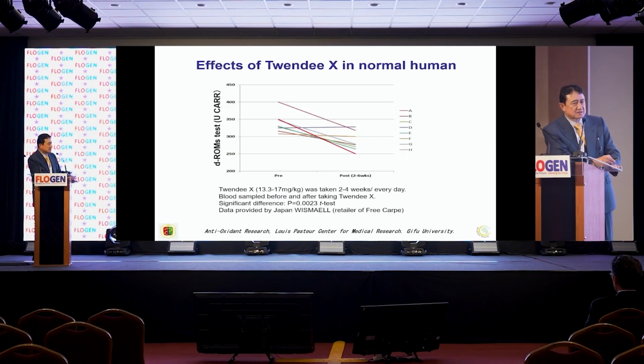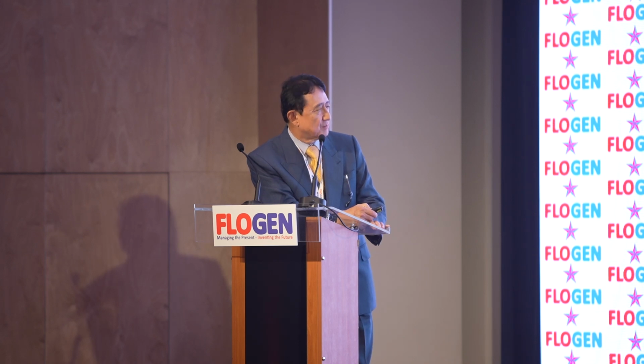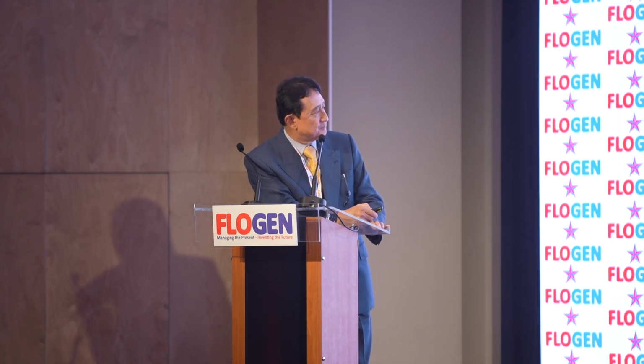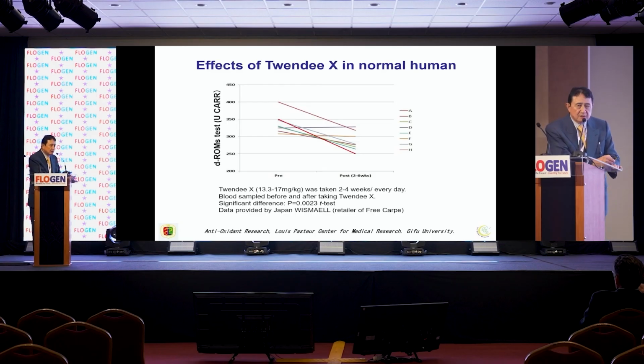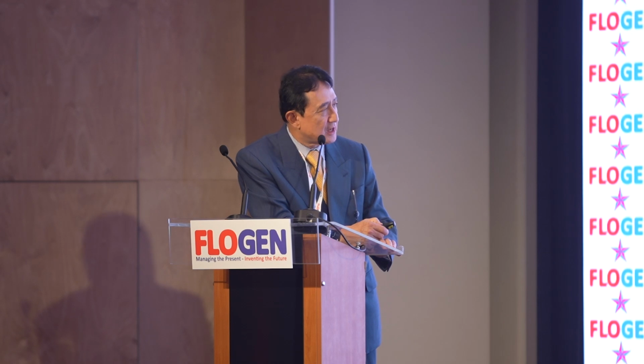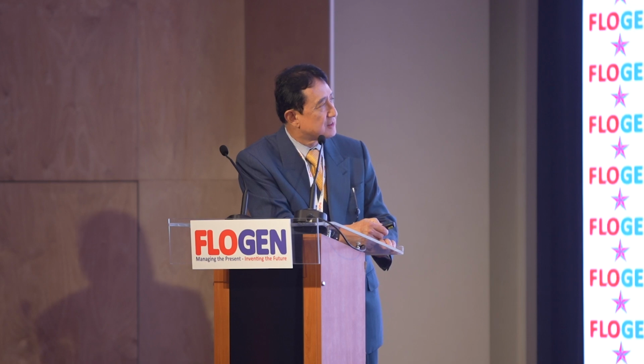And this slide showed that blood level hydrogen peroxide was reduced after an average of 4 weeks of intake of Twendee X. You can see that almost all humans reduced their oxidative stress, by an average of 30%. Many doctors try to find something to reduce this oxidative stress, but using branched-chain amino acids or something like that, it was only 7% after 6 months of intake.